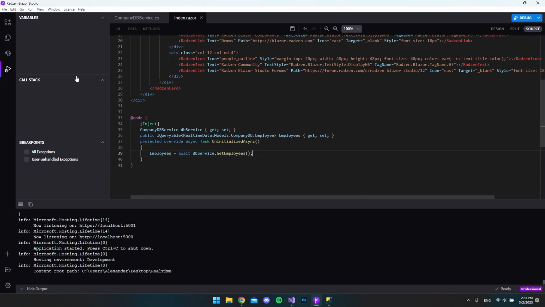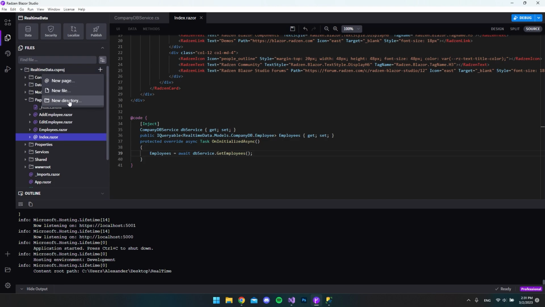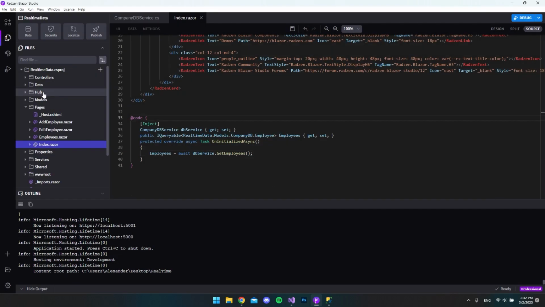If it doesn't make sense, just hang on. We will open our project here, and then we want to add a new folder. So we say new directory, and this one should be called hub, and say okay. It took a little bit of time before it popped up, so I actually just closed this and opened it. I hope it helps. But what we want to do inside the hub folder is to right click and say